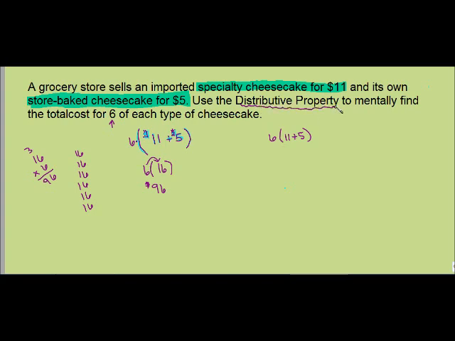So if you have to explain how you got your answer using the distributive property, you would set up your problem and you'd say, well, if I bought 6 $11 cheesecakes, and then I bought 6 $5 cheesecakes, how much money am I going to spend all together? So I'm going to add 6 times 11 is 66. Bring down my addition sign. And 6 times 5 is 30. When I add them together, I get